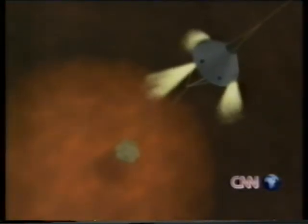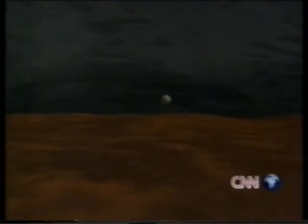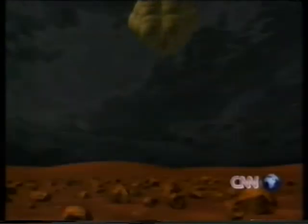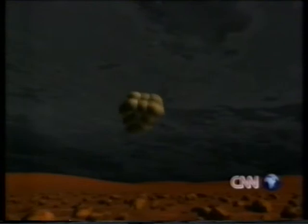The first thing was to use the parachute. In order to get rid of the parachute so the parachute won't fall on top of the lander, they had to have small rockets to push it away. In order that the rockets will not affect the bags in any way, they had to have a tether to get it away from those rockets. And then after that gets away from it, they cut the tether and let it bounce and come to a